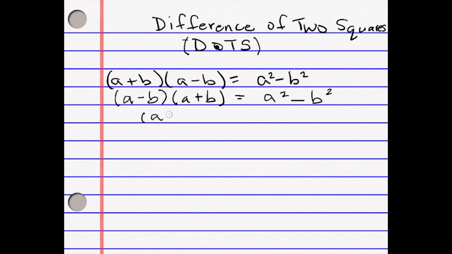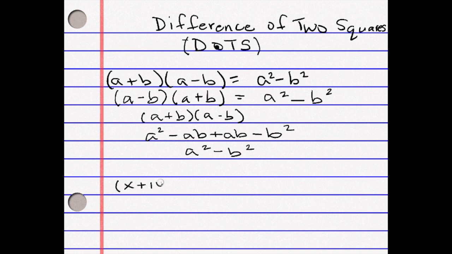Let's just do this the old school way, like we've done before. Okay, multiply these two. A squared. Multiply a times negative b. Negative ab. Multiply b times a plus ab. Multiply b times negative b minus b squared. Oh, what happens to my middle part here? They cancel out. So it becomes a squared minus b squared. So if you memorize it, don't waste your time writing this out. It will always cancel it out. So let's do some problems and you'll see how quickly